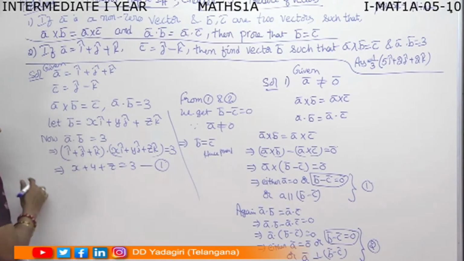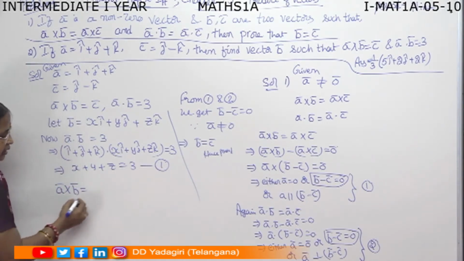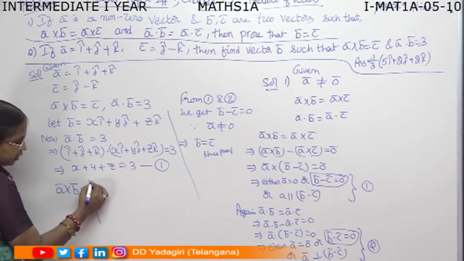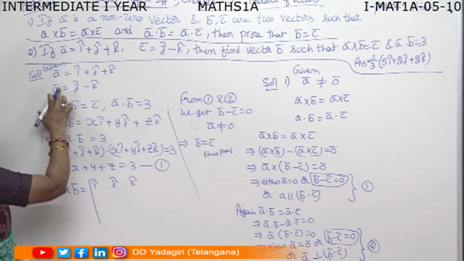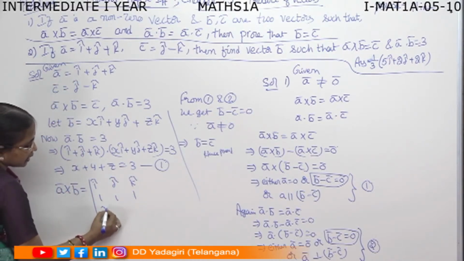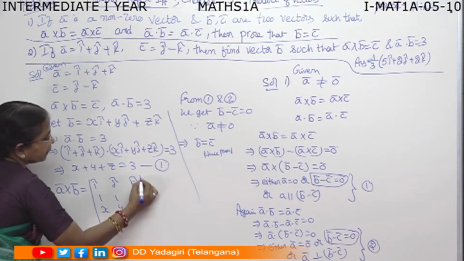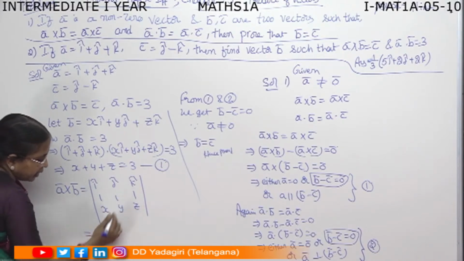Now we'll take A cross B. First we'll find A cross B and then we'll equate it to C. A cross B is the determinant with i, j, k; A is 1, 1, 1; B is x, y, z. Now you expand the determinant. So you'll get i into (z minus y)